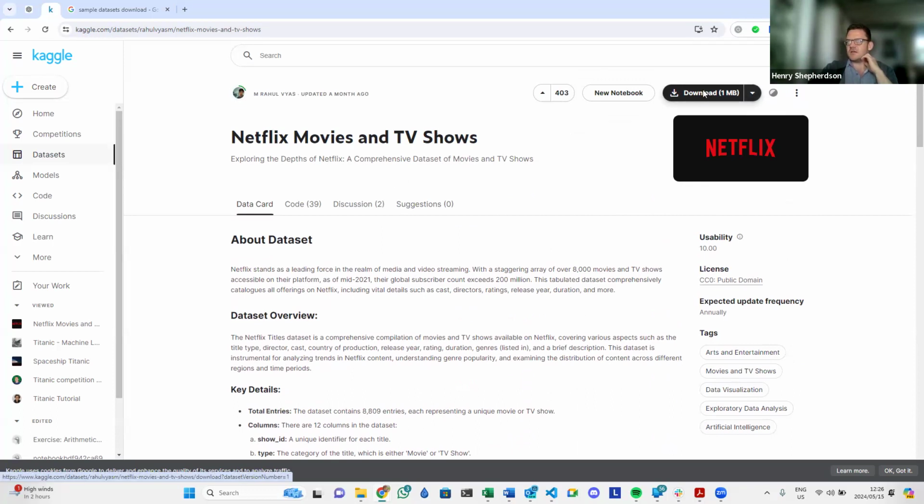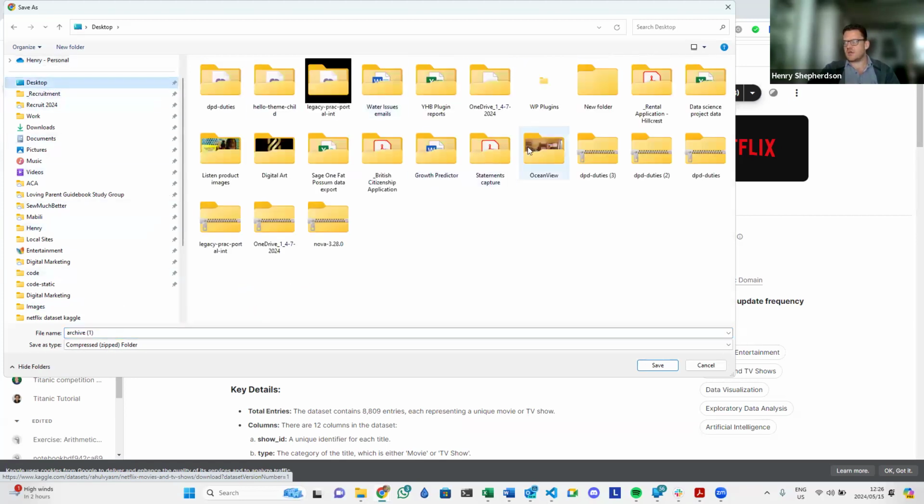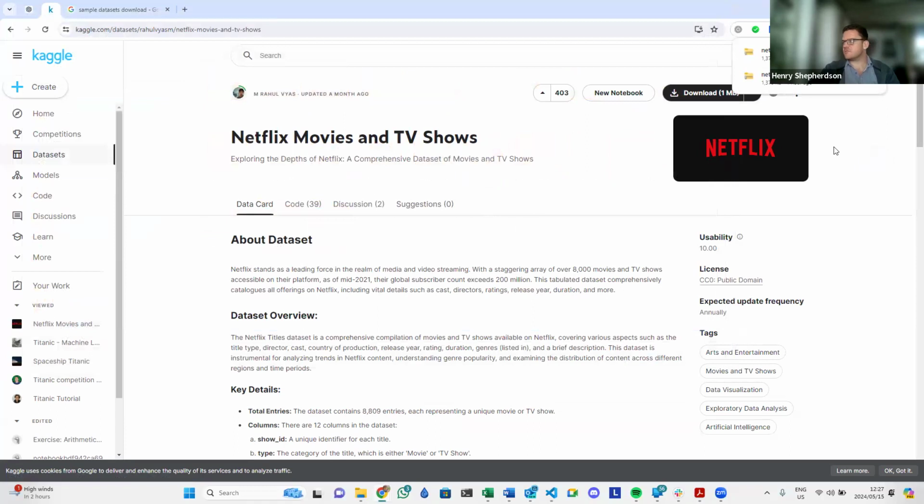So if I just click on download, just make sure that you are registered and logged into Kaggle in order to download that. Okay, so I am going to download this to my desktop, and I am going to call it Netflix. It doesn't matter, just something that makes sense to you. And then we can open that up,